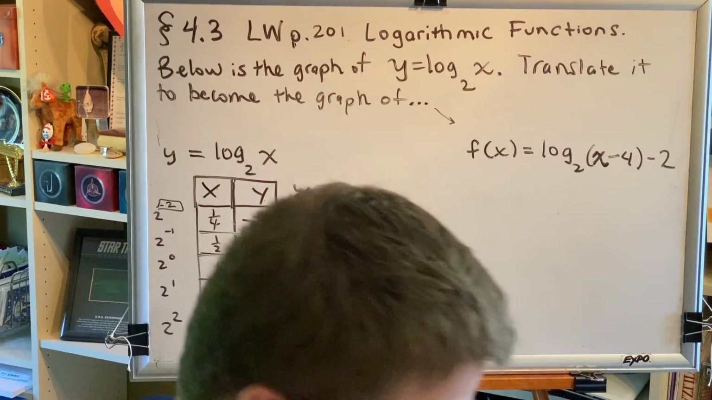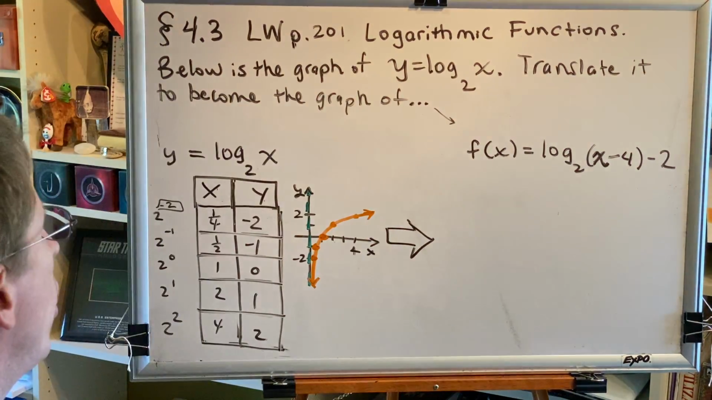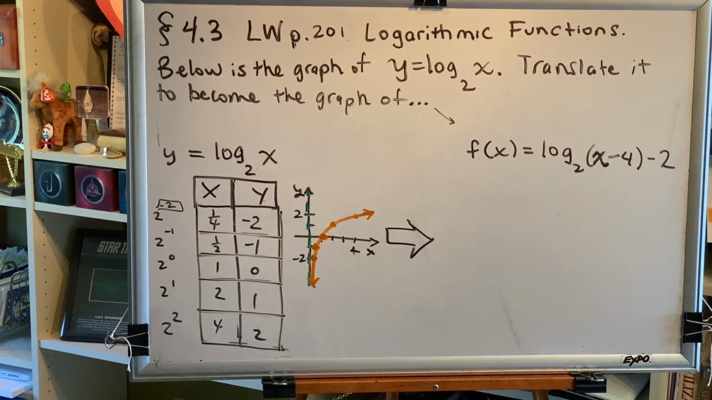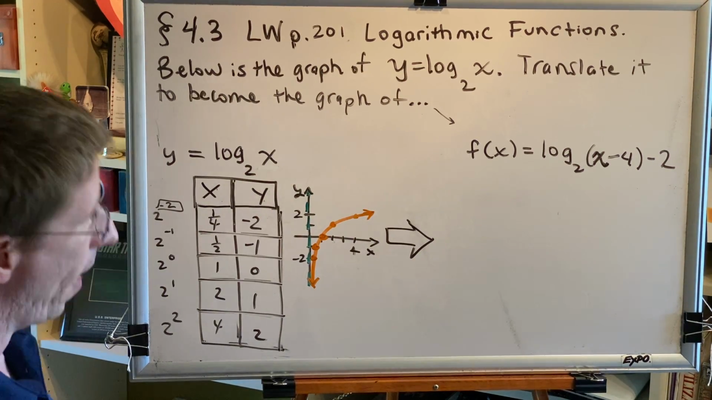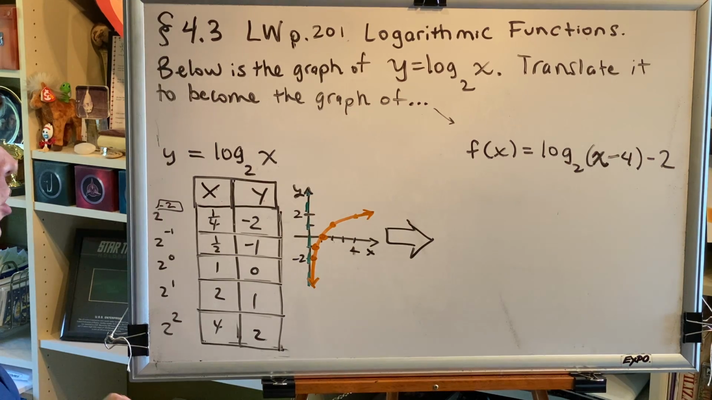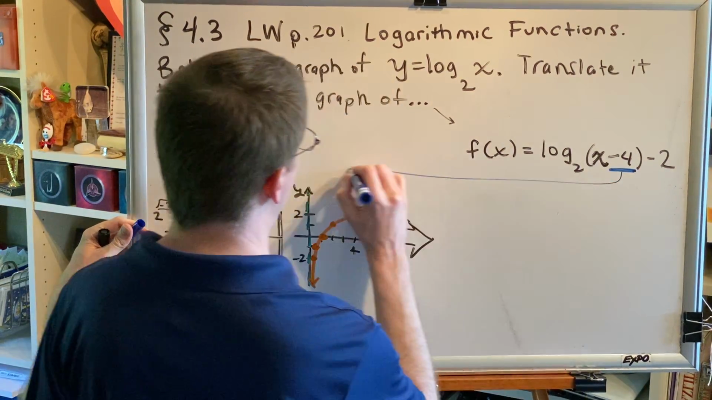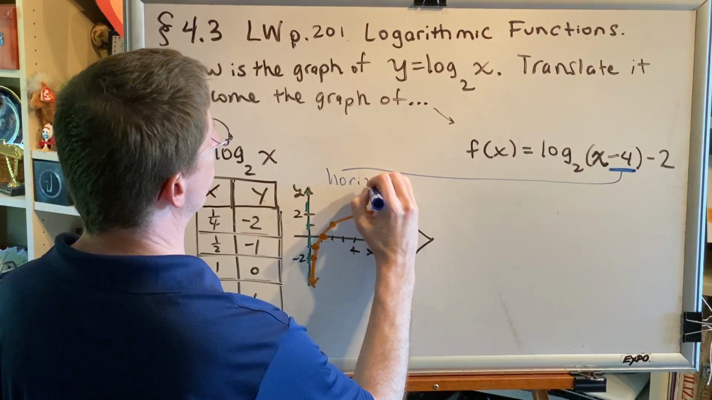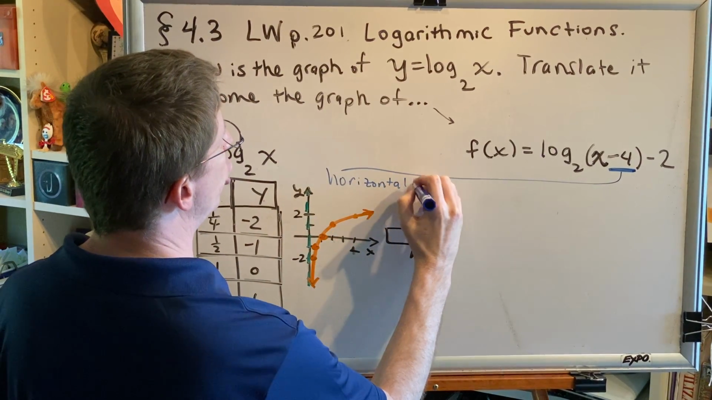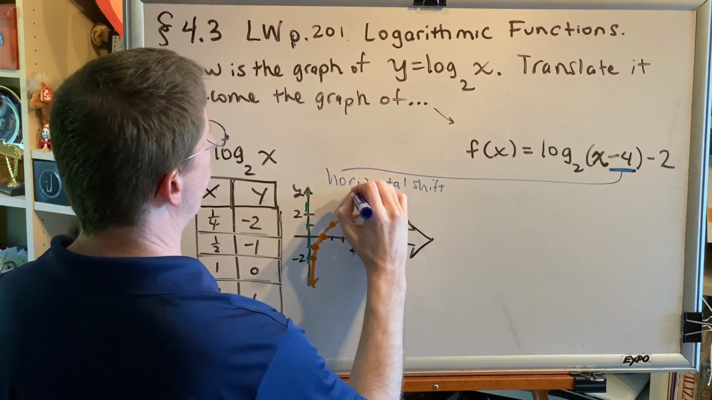Okay, now we have to translate this, and the order of transformations tells us that we should look for horizontal shifting first. That would be adding or subtracting that is close to x. And so we see that right here. This is indicative of a horizontal shift to the right